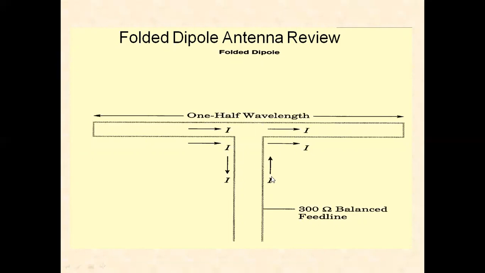This is a transmission line. We have one conductor, the other conductor coupled to each other. The current is flowing through it. Due to that, the current is divided equally in the two conductors. Thereby, I by 2 current flows in this conductor, I by 2 current flows in this conductor. Due to that, the radiation resistance becomes 4 times that of the straight half wave dipole. A straight half wave dipole has a radiation resistance of 72 ohms. Now it is 4 into 72 ohms, so it is almost 288 ohms, approximately 300 ohms.